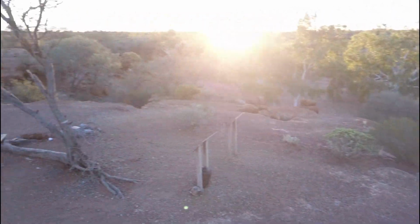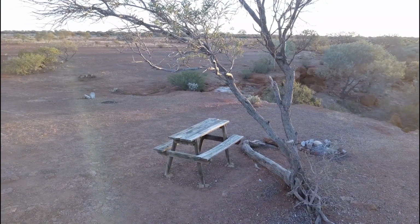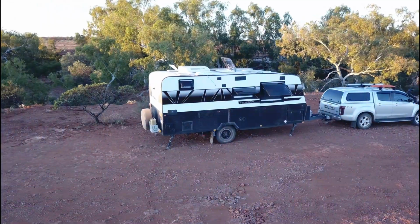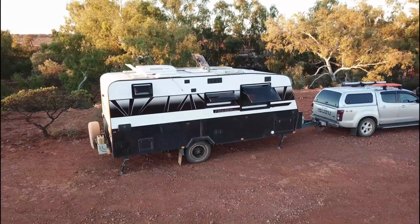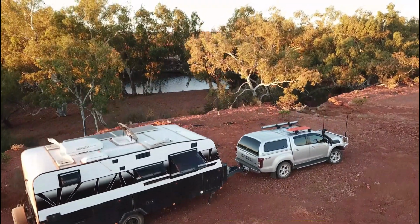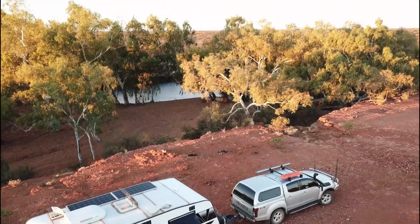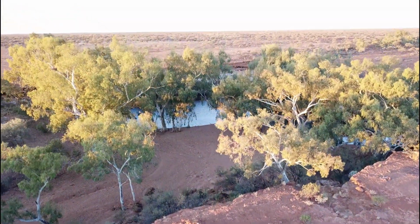So this is Billung Pool. It's a permanent water hole, so I'm told, and it's very nice. We were here on our own for the night, which is always good. Nice to have some people around from time to time, but it's nice to have a night on your own as well. And you can see we just set up. We didn't even unhitch the car. We just set up here, walked around,